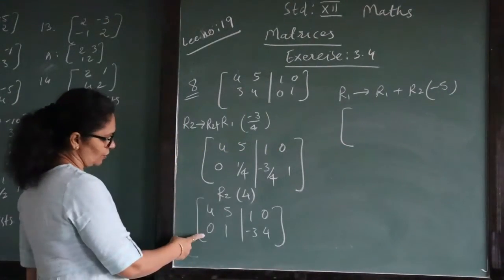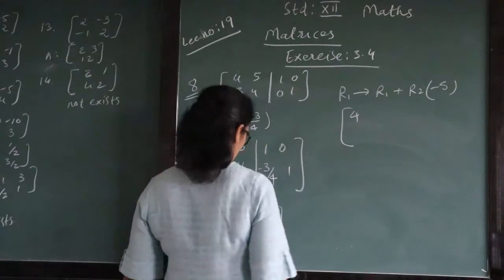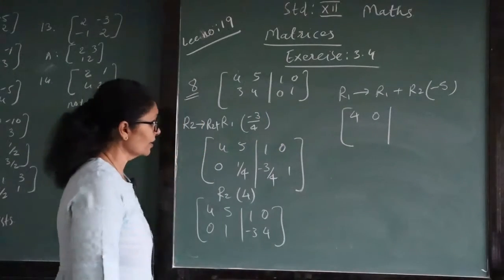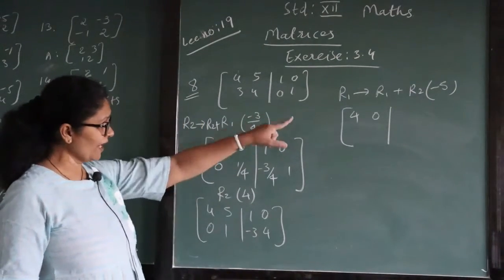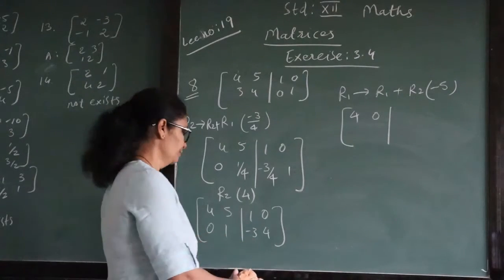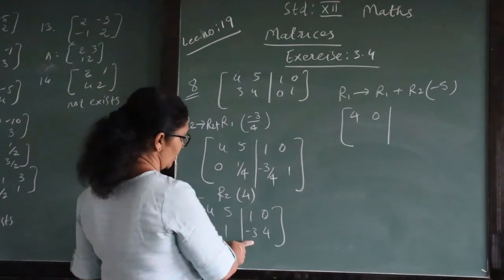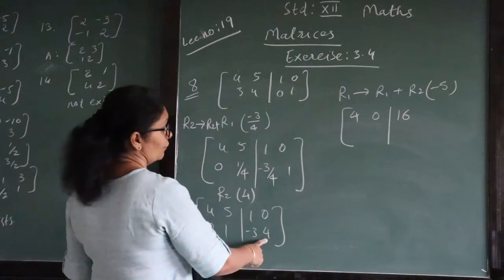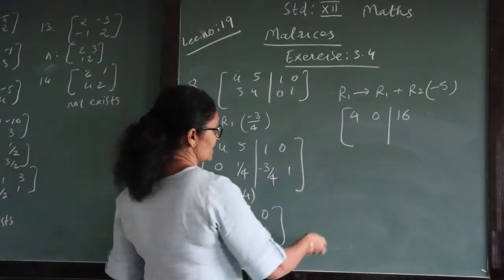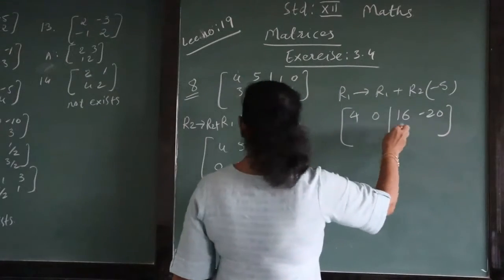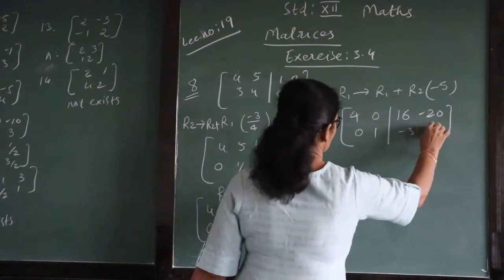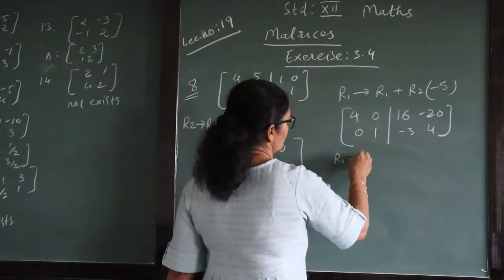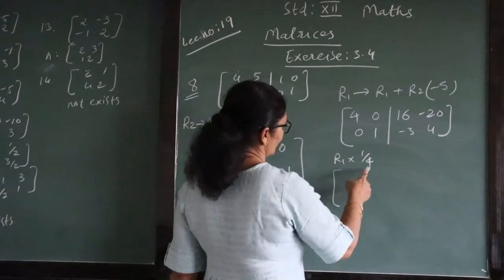Now let's see, here 0, so no need to make any change, 4 will be written as it is. This will be multiplied with minus 5 added here, so this became 0. Now check, when you multiply minus 3 with minus 5, what you get? 5 3s are 15. So when you multiply minus 3 and minus 5, it will be plus 15 and added in 1 will be 16. This 4 will be multiplied with 5 and with minus sign, so 4 5s are 20. Now second row as it is, no need to make any change in it. Here also still we don't want 4, we want 1. So first row divided by 4, or you can say multiply with 1 by 4.